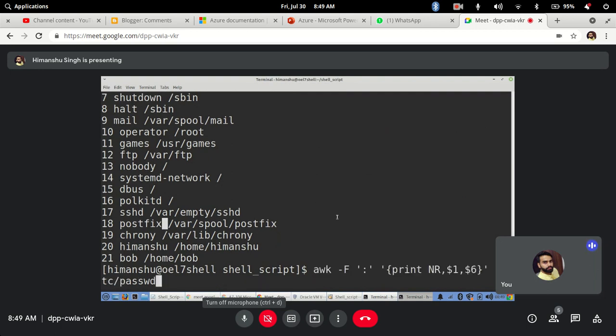Now, if you remember in the cut command, I showed you an output delimiter, where the output should be delimited by a different pattern, or a different delimiter should be there.